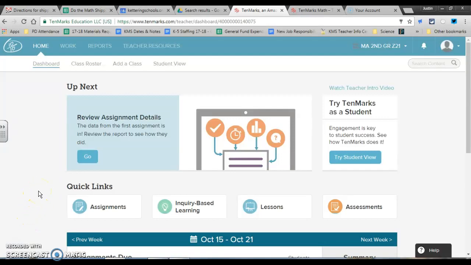Lauren, what I wanted to show you was what to do after you've logged in with Clever on your TenMarks teacher account. So when you finally log in, it'll look similar to this screen. What you'll want to do to assign Theo work is you will come over here to the Work button at